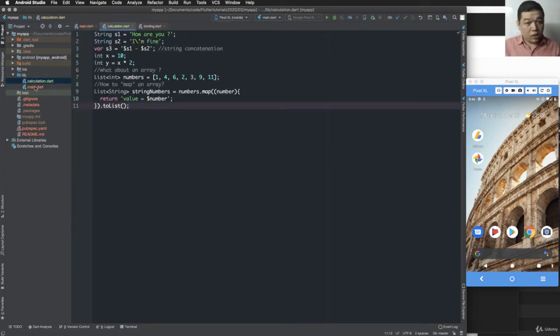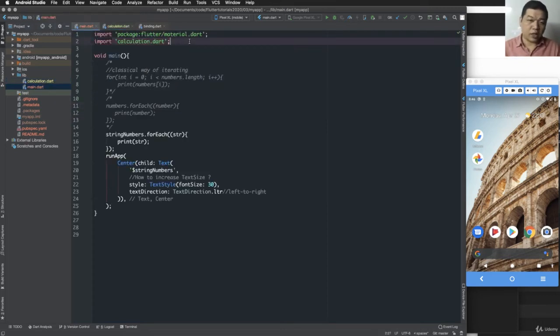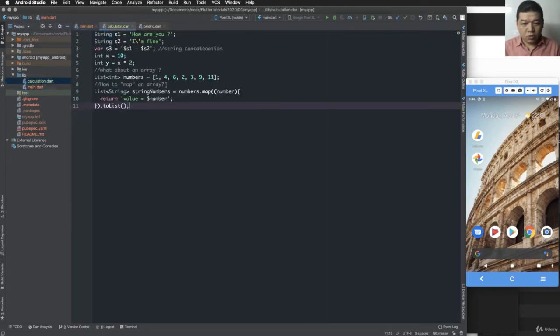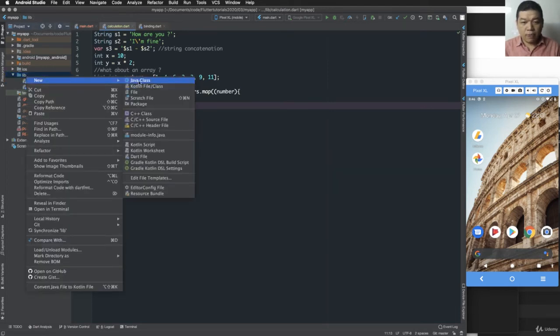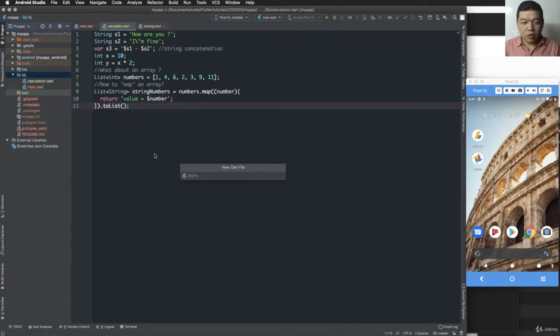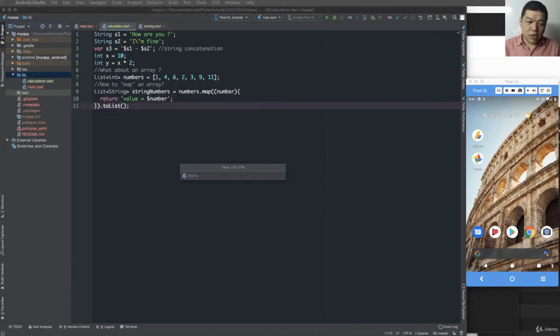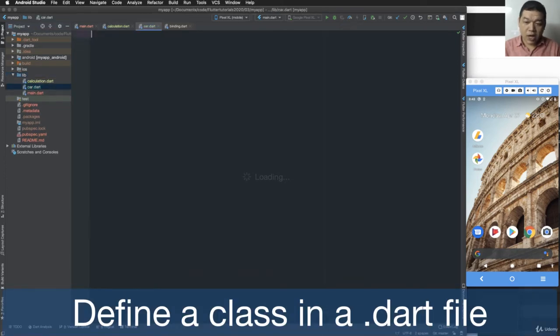.dart. And in this file, I can call some of the functions and variables inside the calculation.dart. And there are some codes that we need to remove. And in this calculation.dart, we can add more. So in this case, I add another Dart file, and I name this as class. So we define a class in a separate Dart file, and the class here can be,